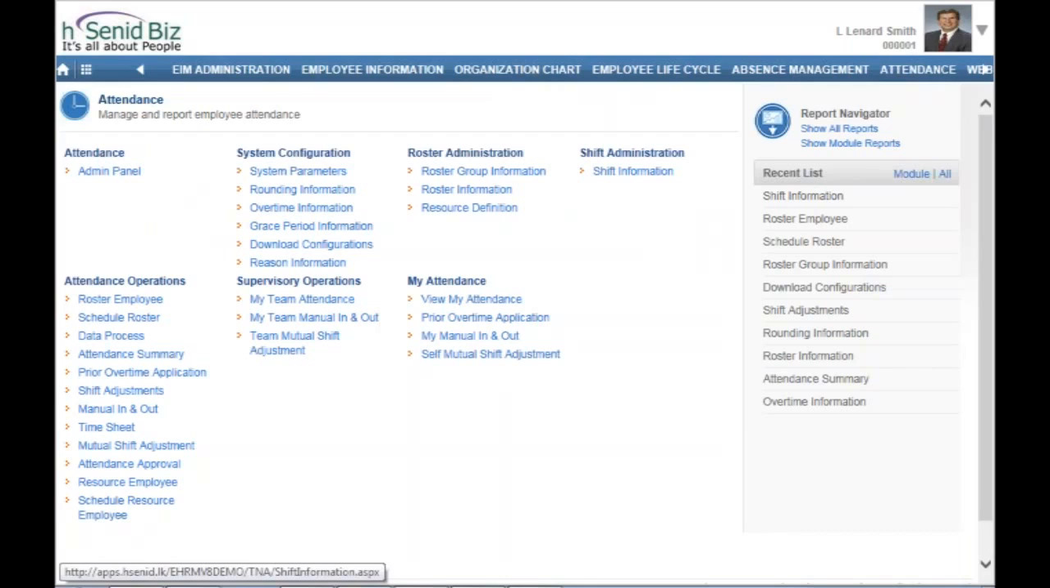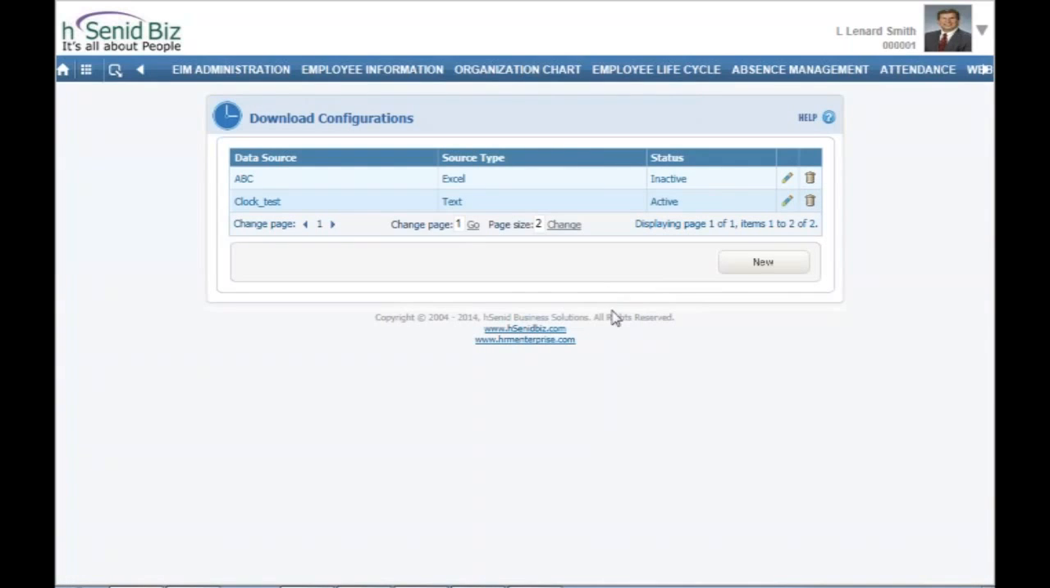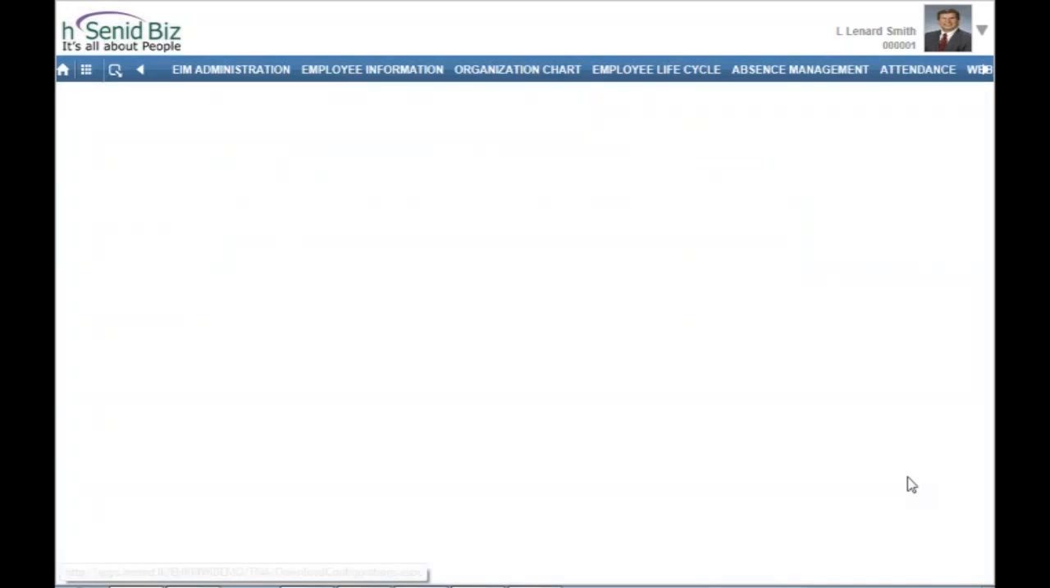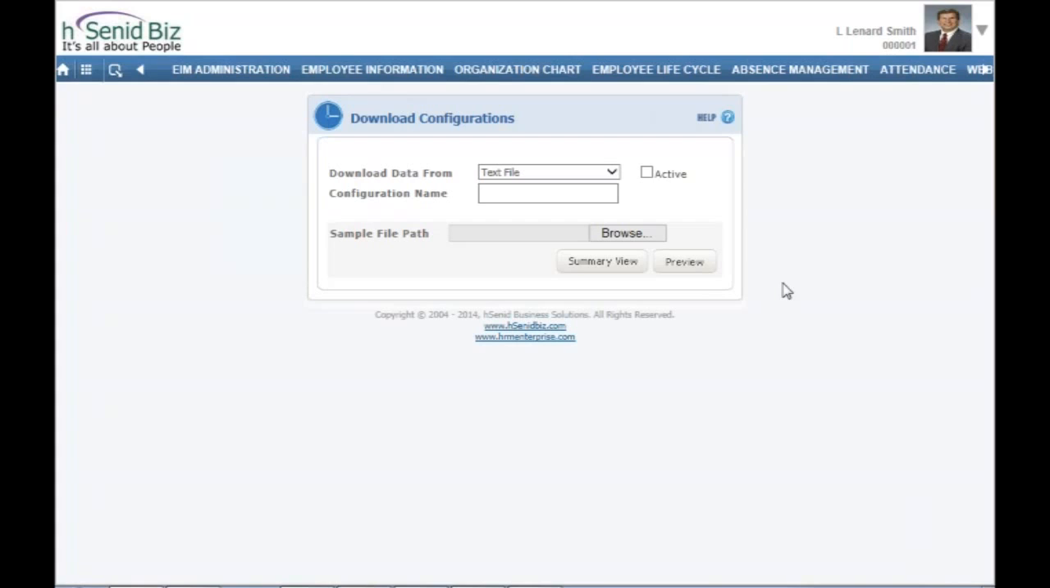So you go to attendance configurations and download configuration. You can save these configurations as a template. There are two templates that have already been created, so I will create a new one. Click on new. Then you can select the data file type. Let's take text file. You can give a configuration name,